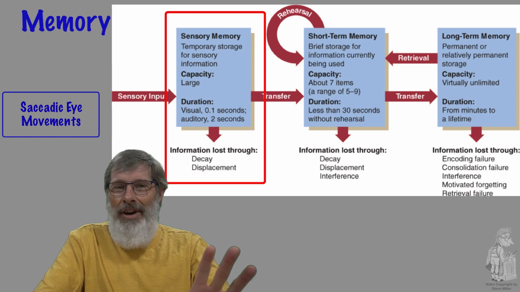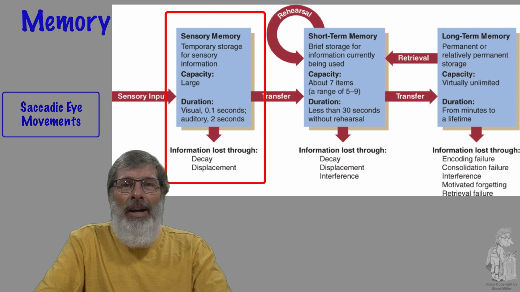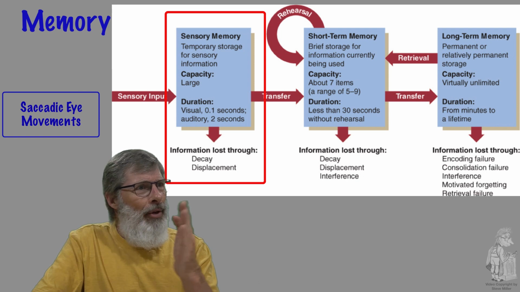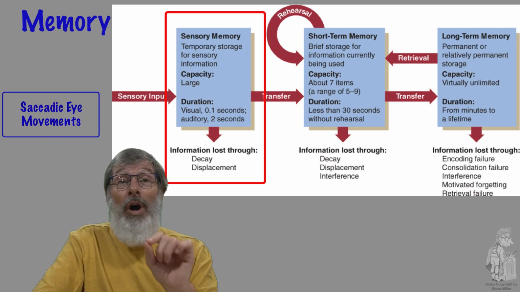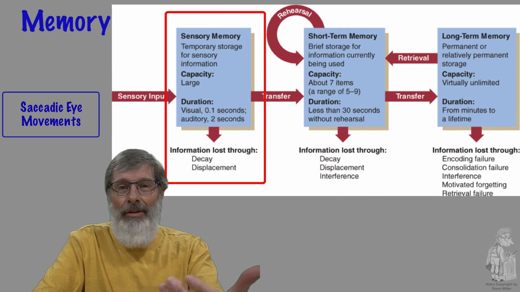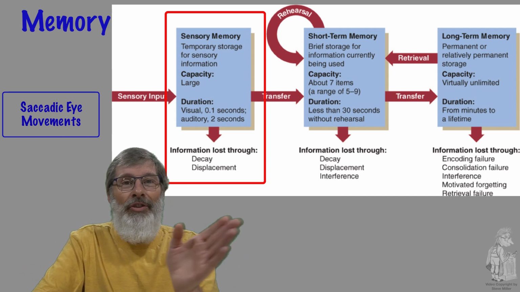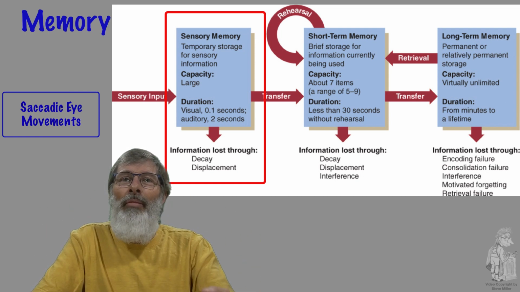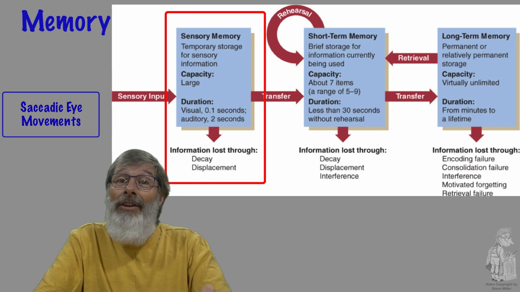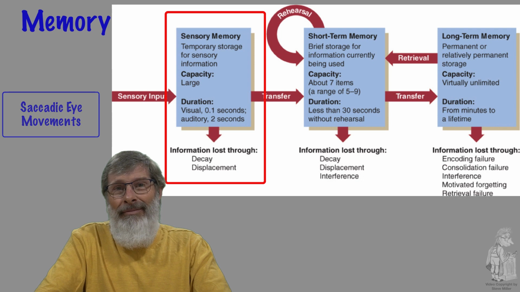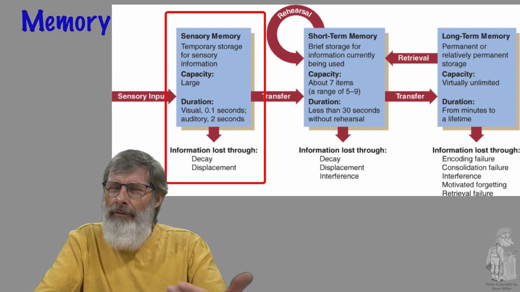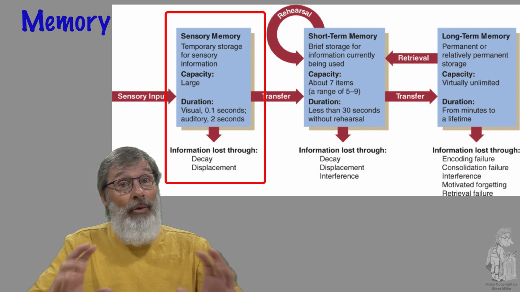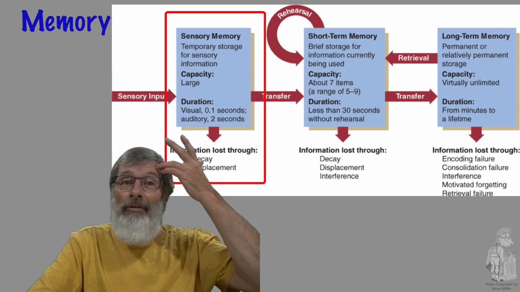What I would ask you to do, and try this sometime, is watch someone's eyes when they scan the environment. You might think it's smooth because your experience makes it appear smooth. But if you watch somebody, or record yourself with your cell phone camera, you'll see your eyes jitter and skip across. In a way, our eyes are taking pictures about 4 every second, and our brain fills in the gaps and makes it appear smooth. So our brain does an awful lot in regards to our getting information and how we remember it and use it. So sensory information is that first stage.